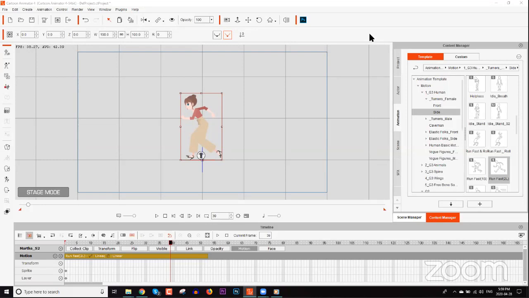So I guess as a workaround, you can move your background or foreground items closer or further away from the scene, kind of as a workaround for an actual focal length of your camera there. So yeah, not much to say about the camera in Cartoon Animator 4. It's very, very simple. You can see I did that camera animation in like 1 minute before. So yeah,